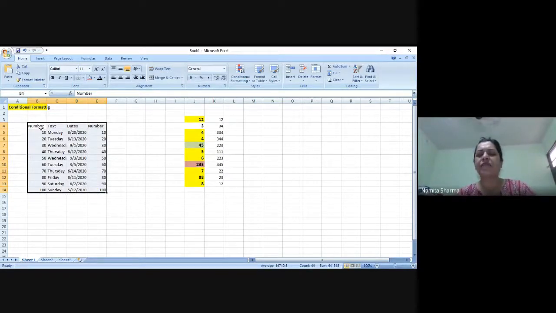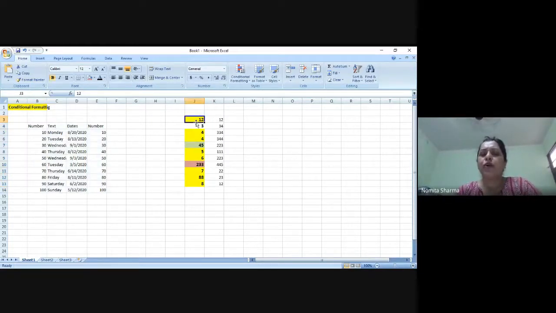And there is a reason why we conditionally format. For example, if you see the already colored column over here, 12 might indicate something else, or 3 might indicate something else, and same for 45 and 233. So all these numbers may indicate something else, which I want to highlight maybe through a different formatting, which normally is a color. So I may have a different color for 12, maybe different for 3, 4, 45, and the other numbers, just to highlight the differentiation in the Excel sheet.